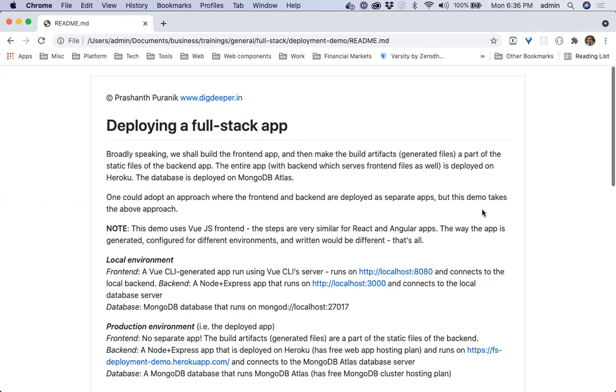We'll be deploying the application on Heroku, which is a free service to deploy your applications. Like Heroku, there are other options. You can use AWS, etc. also to do it. And even in AWS, you have a lot of options. So we are going to use Heroku, which provides a free tier to do so. And we will be deploying the database in MongoDB Atlas, which also has a free tier so that you can deploy your MongoDB database online.